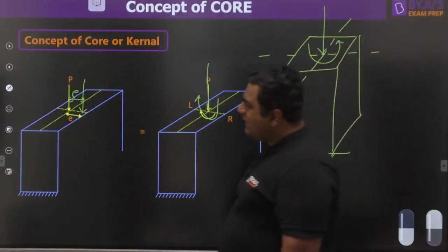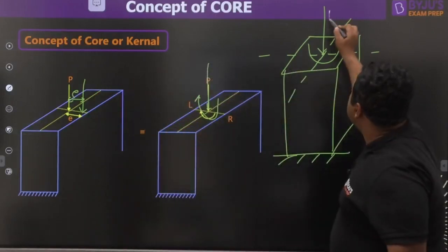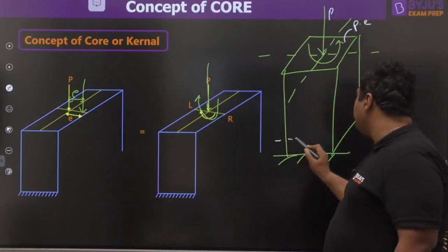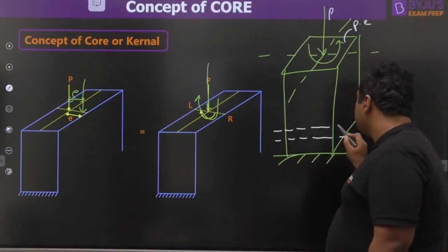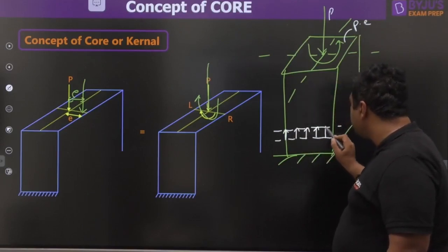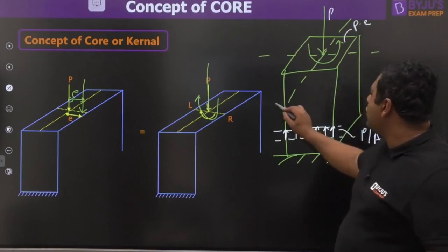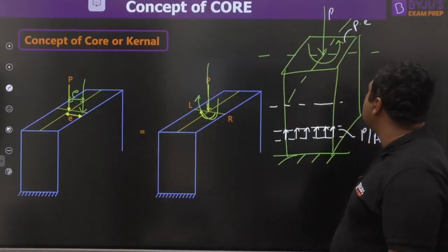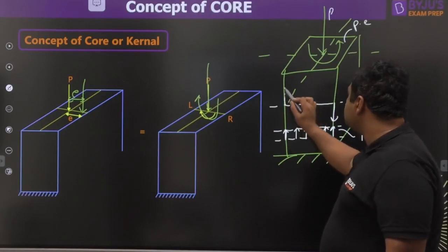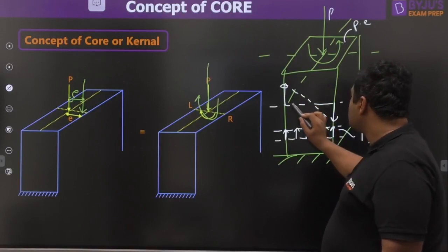So my dear, you know that if I show the bending stress and normal stress distribution, because of this P and because of this P into E, because of the P we will be having direct compressive stresses like this. They are going to be P by A, compressive. And because of the couple, we will be having bending stresses. You can see here it is compression, here it is tension. So the stress distribution will be like this.